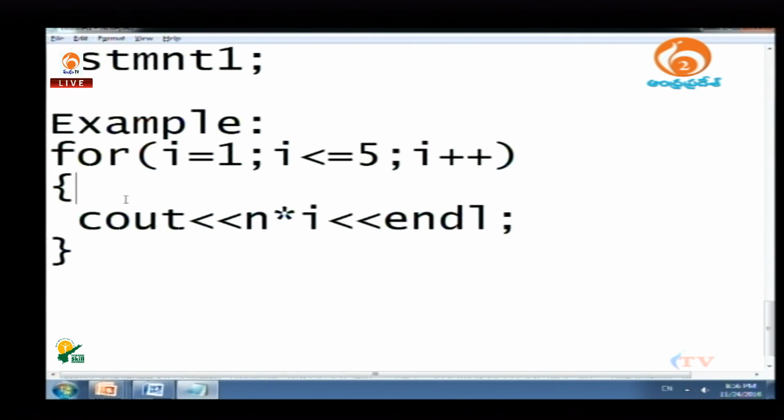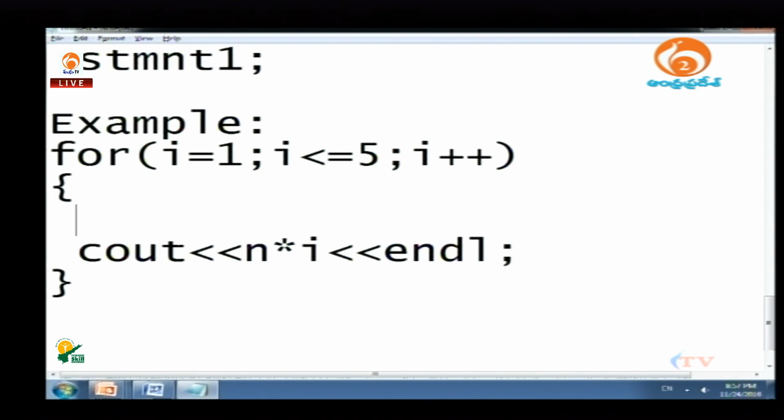You can write a number of statements here, because we have written braces here. Okay. If you are writing the braces, you can write any number of statements. See our example,